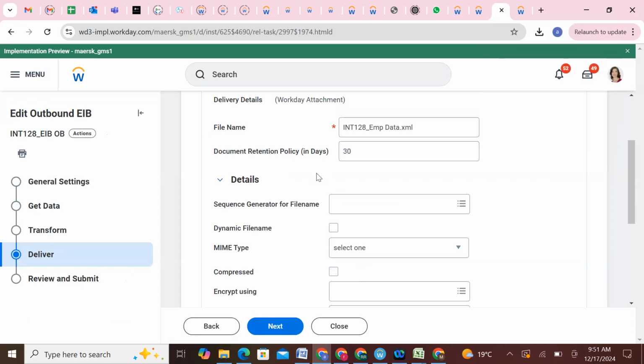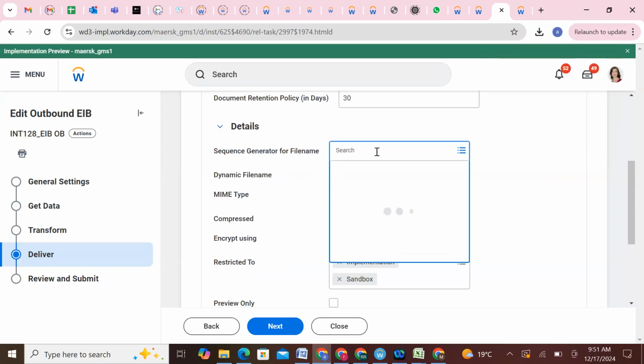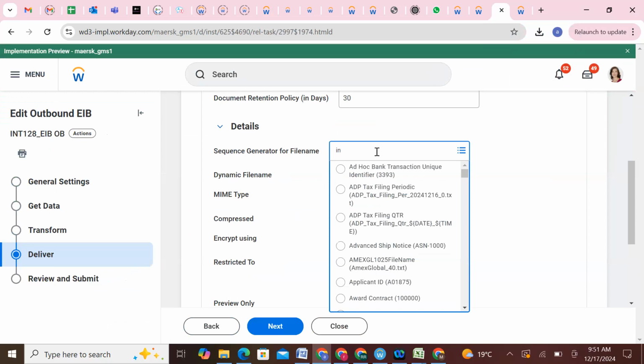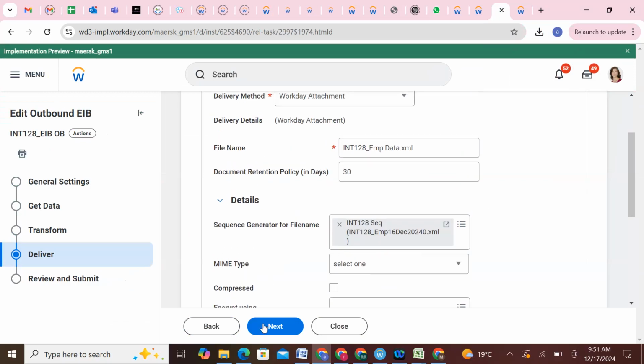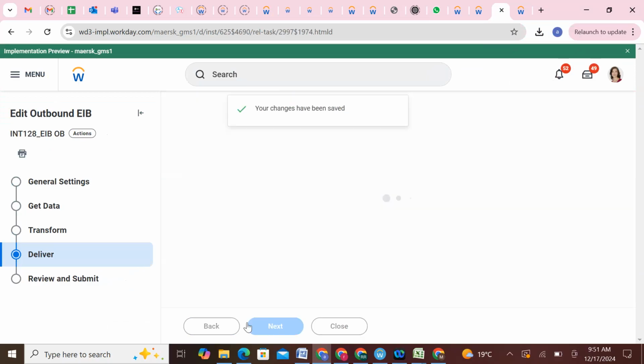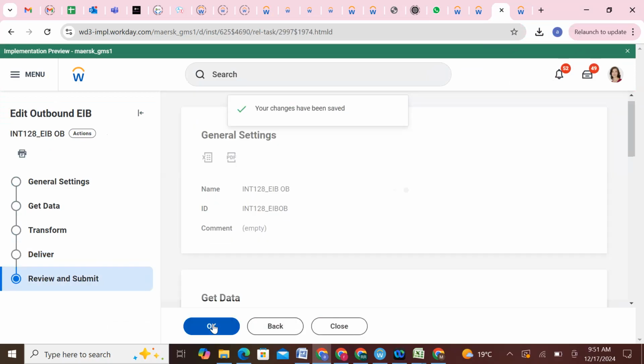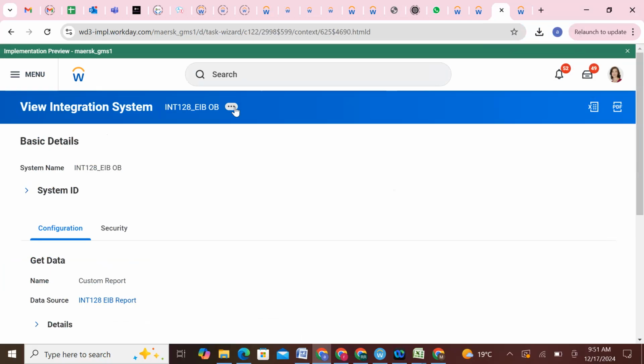And I'm calling the sequence generator here, INT 128. This is the sequence generator. So let's click next and OK. If I run this integration,